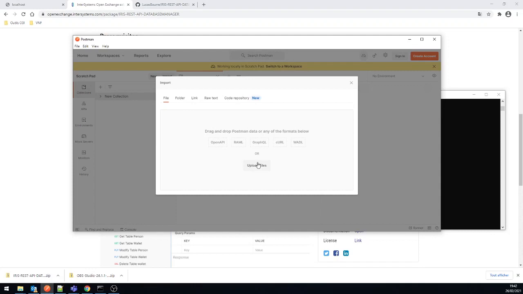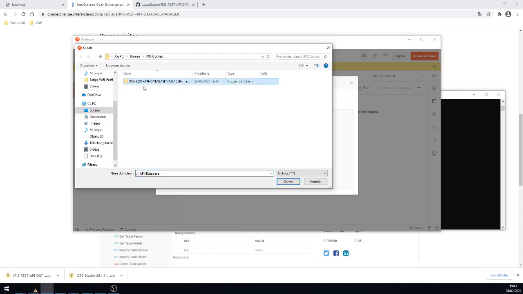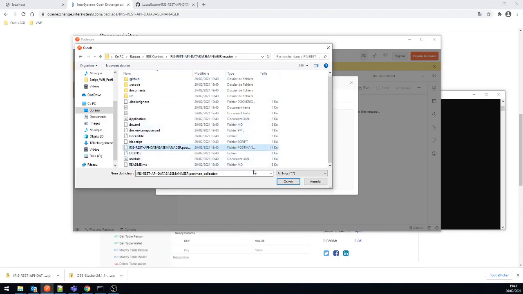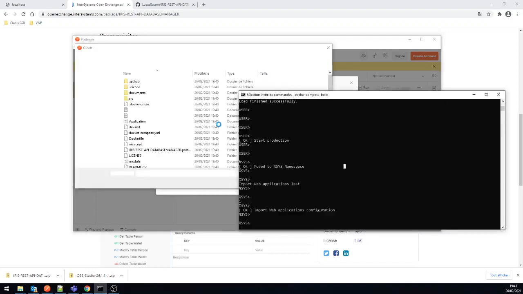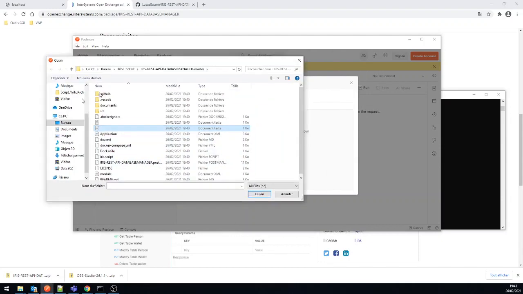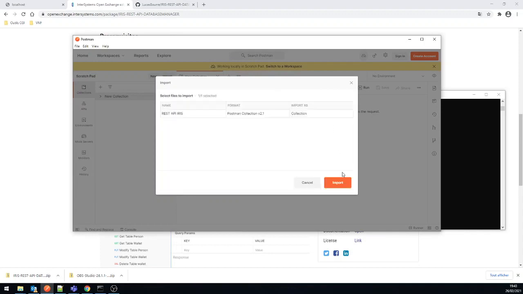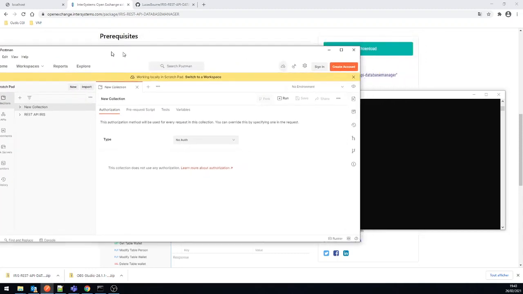It's a collection to show you an example, but you can also change it as you want and create your tables as you want. Here is the collection.